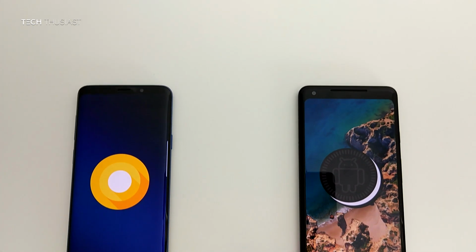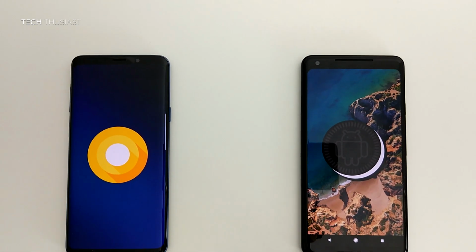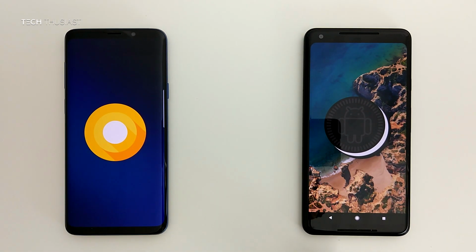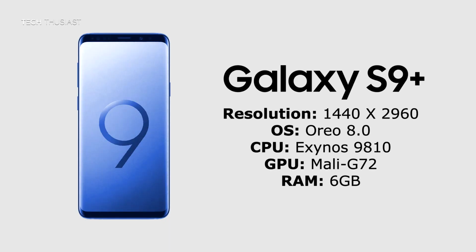Tech Enthusiast here, and this is a speed test comparison between the Samsung Galaxy S9 Plus against the Google Pixel 2 XL. So let's get straight in. First up is the Samsung Galaxy S9 Plus. It has a Quad HD screen, it's on Android Oreo. For the CPU it uses the Exynos 9810, the GPU is the Mali G72, and it has 6GB